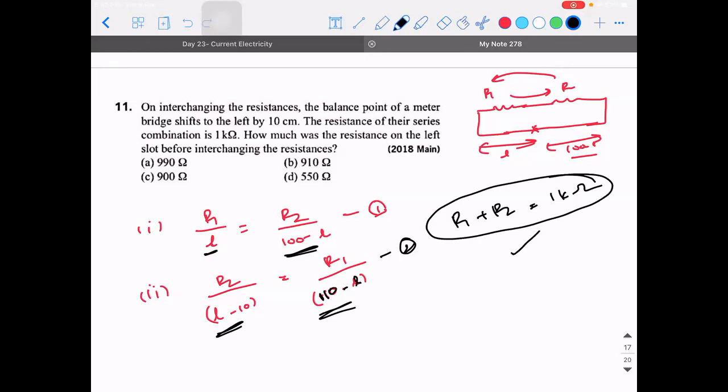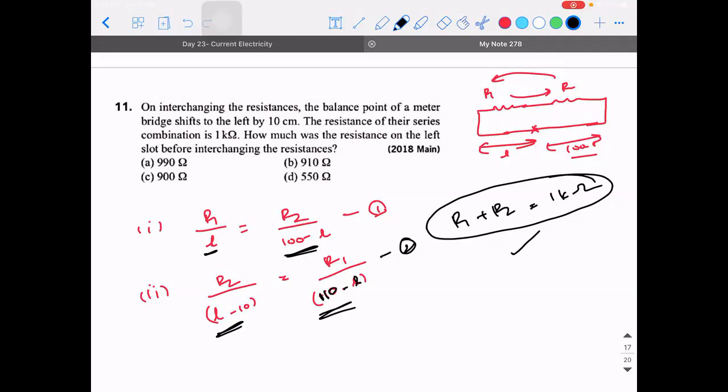So tomorrow we'll do 2 or 3 problems based on potentiometer. I repeat it. Go through the CBSE content and come. That is more than sufficient. The CBSE content for potentiometer is very well given. So you can go through the video that I have posted in the group in the CBSE content. Go through it and come tomorrow. We will discuss. We'll do 2 or 3 problems. Then we'll go to magnetic effects of current.